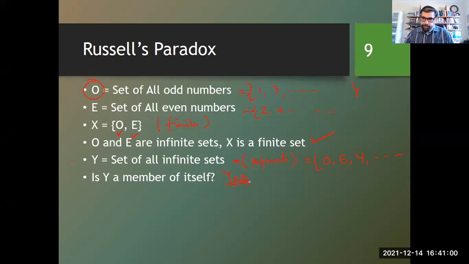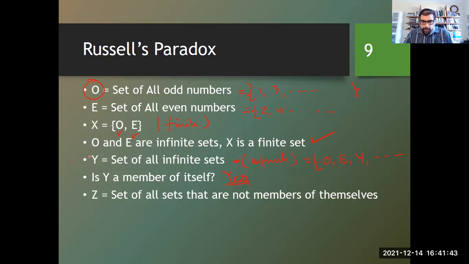एक्सक्यूज मी सर, इसमें तो आप ये वाली लॉजिक यूज कर रहे हैं ना कि क्योंकि Y सारे इनफाइनाइट सेट्स का सेट है तो इसलिए वो अपना खुद का भी मेंबर है, या आप ये वाली लॉजिक यूज कर रहे हैं कि हर सेट का एक इम्प्रॉपर सबसेट होता है तो Y अपना इम्प्रॉपर सबसेट है? नहीं नहीं, सबसेट्स को भूल जाएं, we are not talking about subsets, we are talking about members, ठीक है। मेंबर्स और सबसेट्स अलग चीज होती है। मेंबर का मतलब कि हम जिसका एक नाम रख सकें, ठीक है। तो ये यस हो गया आंसर। ओके, नेक्स्ट क्वेश्चन।